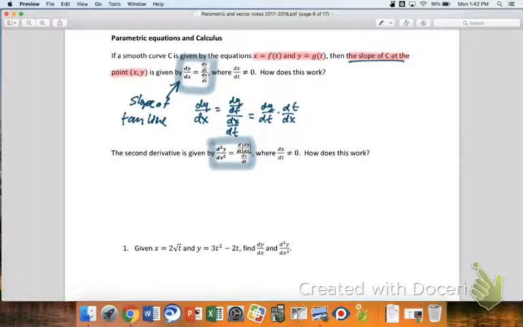Okay, there's a lot. This is really symbolically heavy. So this right here means the second derivative of y with respect to x. It's not the second derivative of y with respect to t or z or other stuff. It's specifically that right there. So the second derivative of y with respect to x is d/dt of the first derivative